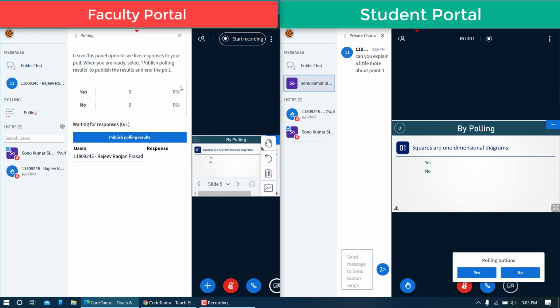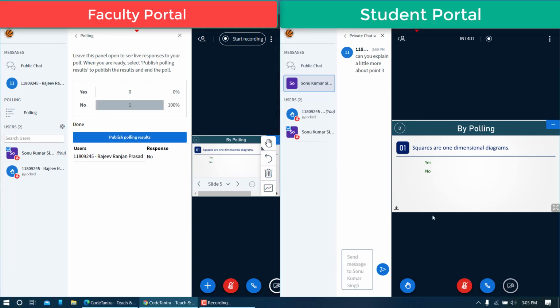And at this point of time, you can see none of the students has participated and there is only one user in this particular list and the teacher is waiting for only one response. And these are the users who haven't responded. So under the response, you can see this is blank. So let us say I'm going to select this no option. You can see the count gets updated in the teacher account